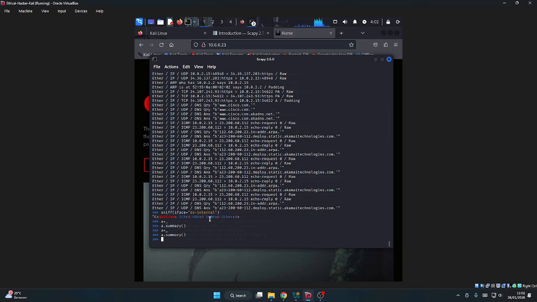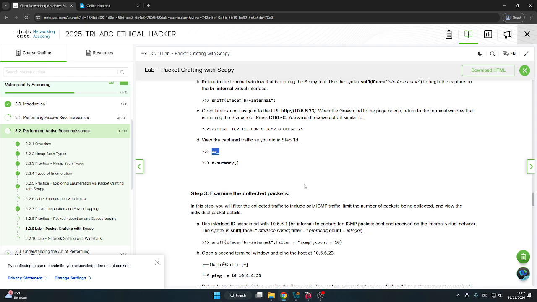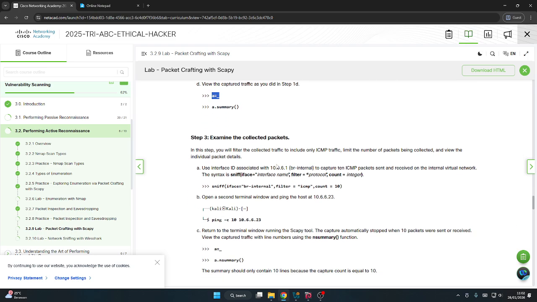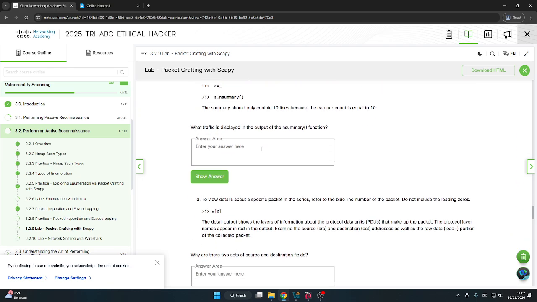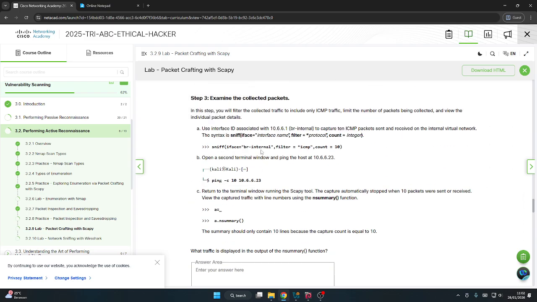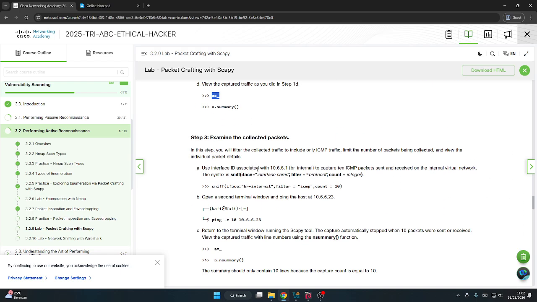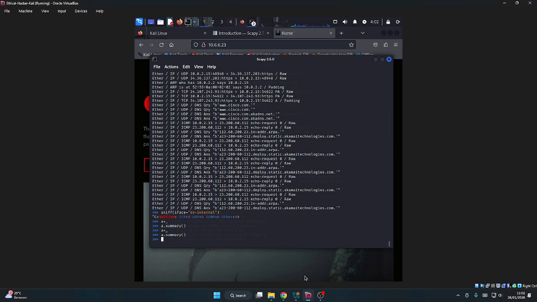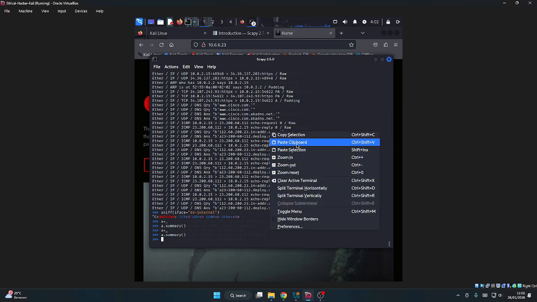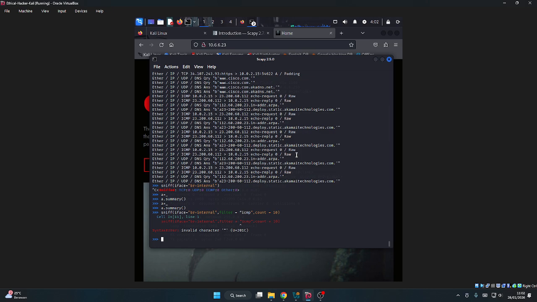Yeah, I think it's a bug or lagging again. And examine the collected packets. This interface ID, like sniff, iface, interface name, filter, protocol, and count integer. I don't know why, but the sniff command is lagging.